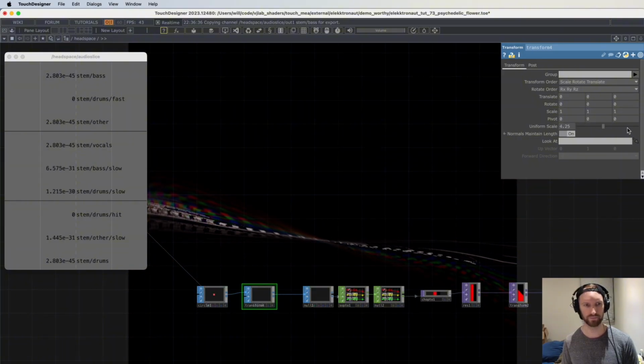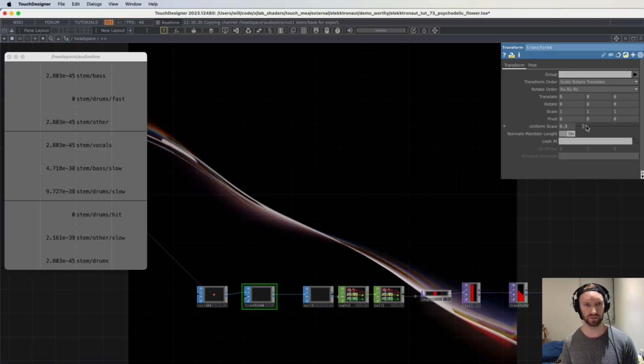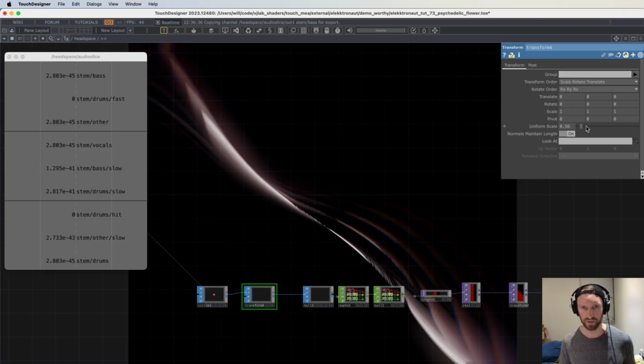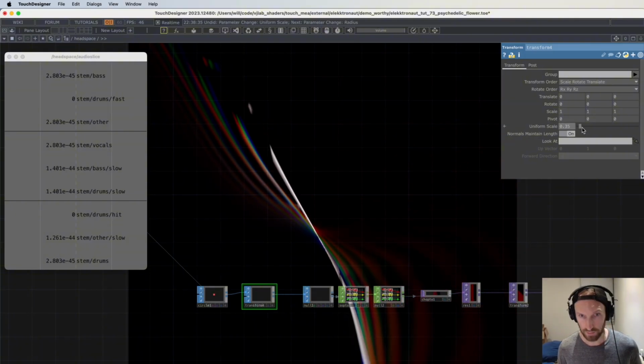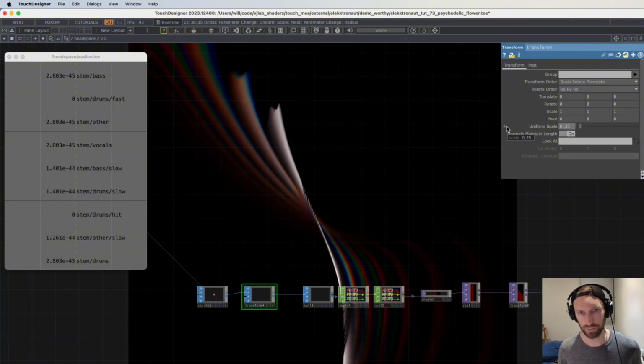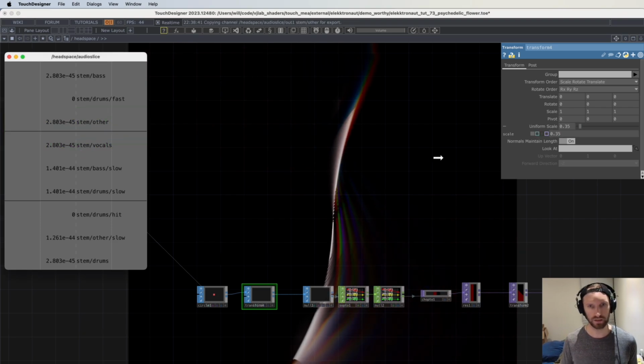I don't know if that's quite noticeable enough. Let's see, it looks kind of good between, what was the original value? 0.35, maybe 0.35 and 1. So let's do something like stem other